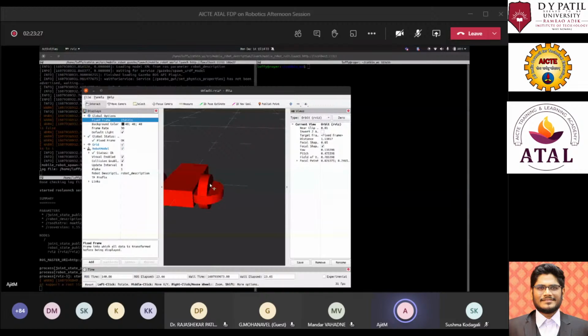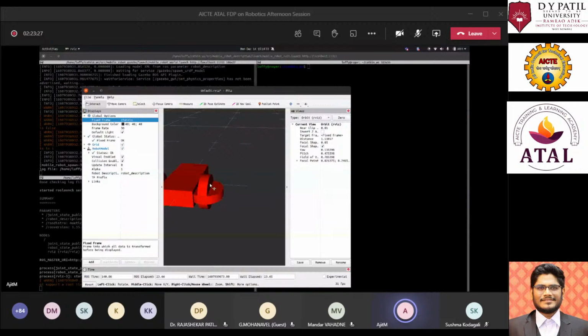So if we go back to the code again and I do here 1.5707. Now this number is pi by 2, which is 90 degrees. Now remember again, your rotation is in radians.